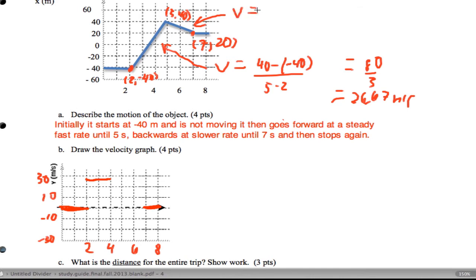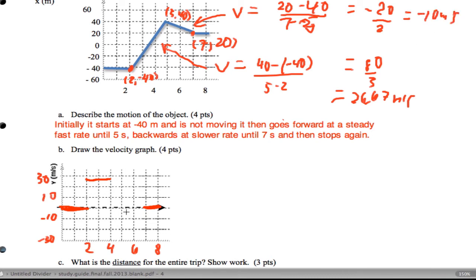Here we're going to get V is 20 minus 40 over 7 minus 5, which ends up being negative 20 over 2, so I'm going to end up getting negative 10